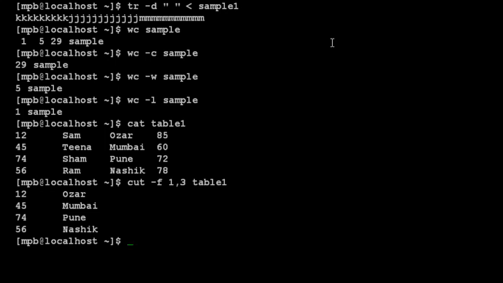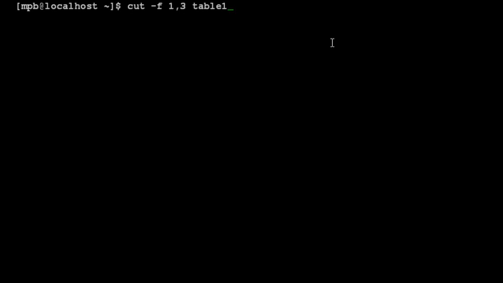This is the first option of the cut command, and the second option of the cut command is -c. First you will observe the output, and then I will tell you what the use of -c is. So I am just clearing this screen, and I will use -c 1,10, and here you can observe that -c means character column, first and 10th character column.